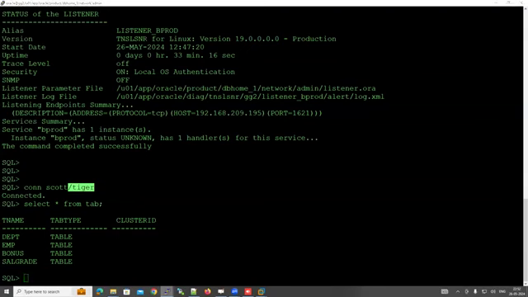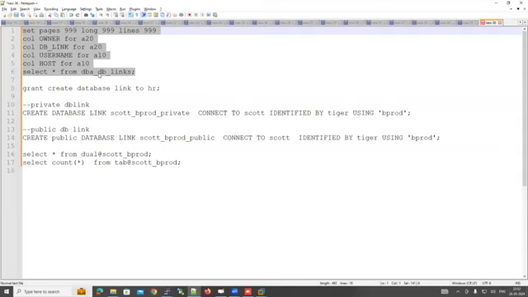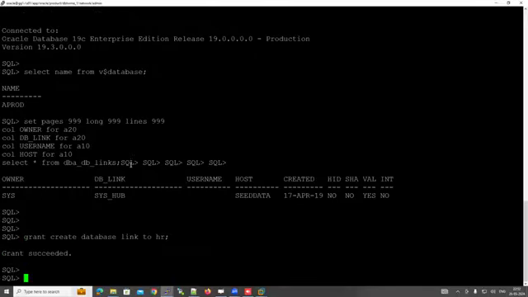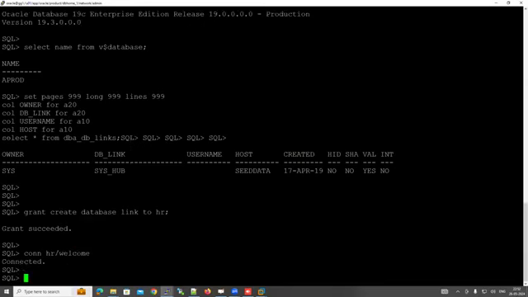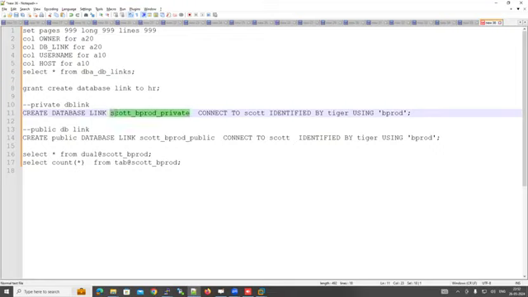Let me create the private database link first, under the HR user. Before creating the database link under the HR user, HR should have the create database link privilege. So let me grant. And connect to HR, and the password I have kept as welcome. Now create the database link. Create database link, this is the database link name, scott_bprod_private, and as Scott user I want to connect to this database, and the password is tiger, and the TNS entry which is already there in